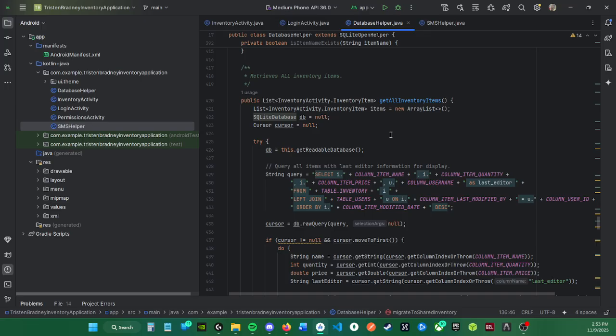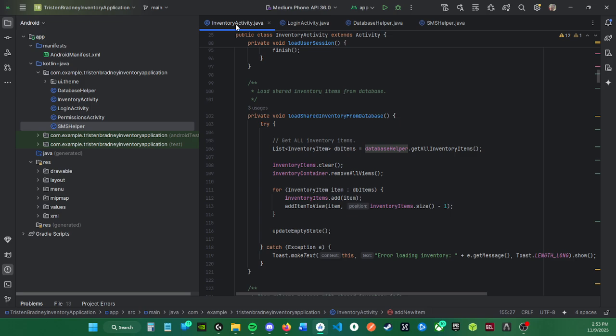So the get all inventory items method at line 420 executes a SQL query with hard-coded order by, and users can't change the sorting. So going back to InventoryActivity,